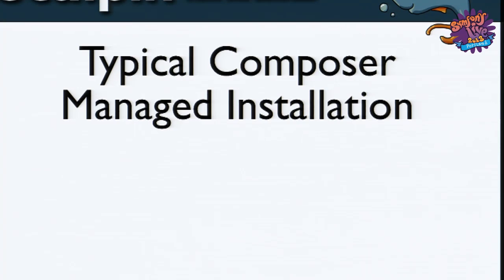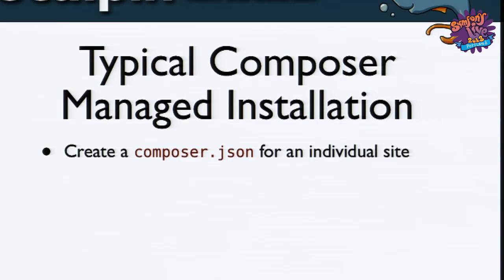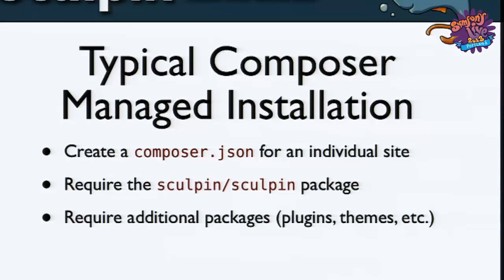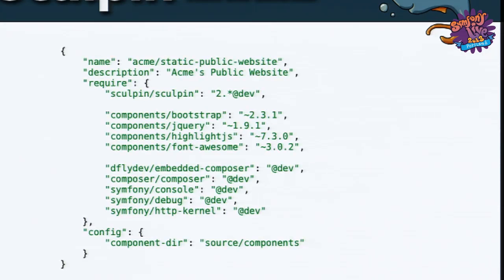Sculpin actually started out most of its life being a typical Composer-managed application. What this entailed was creating a composer.json, requiring Sculpin, requiring any additional packages, components or plugins, themes, whatever. And a lot of that doesn't exist yet, but in theory they do. And then running composer install. And the end result is you end up with your site. And everything is good in the world. What actually happens